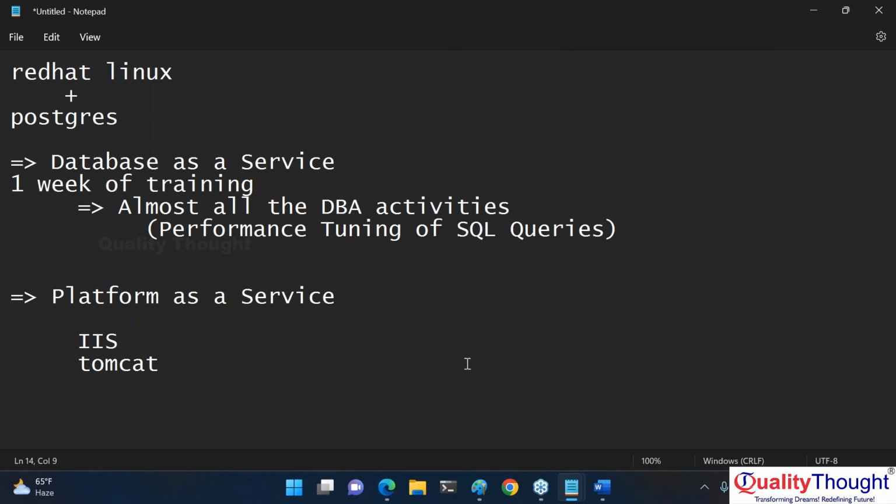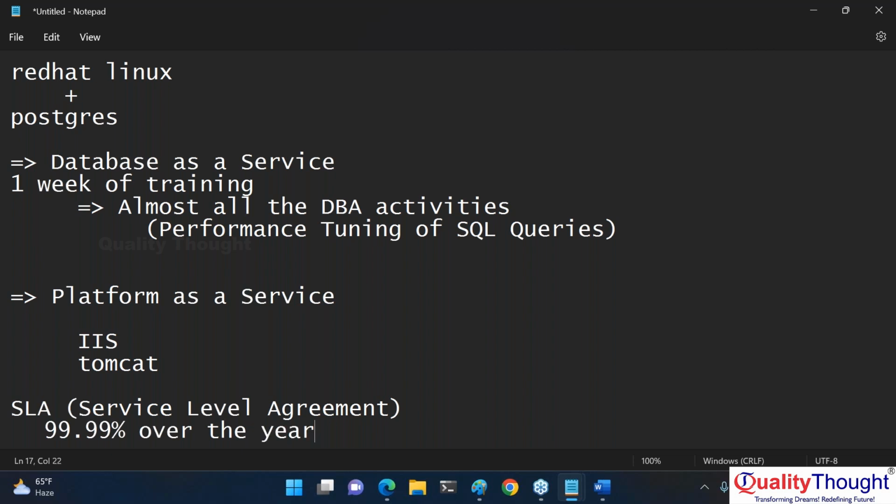Yes. So generally in cloud, there is one more thing which you need to understand. There is something called as SLA. SLA stands for service level agreement. Okay. So you are using Google Drive, right? So if I use storage from any cloud, they try to tell me that your storage will be accessible 99.99% of the time over the year. So what is it that they have promised us? 99.99% of the time.